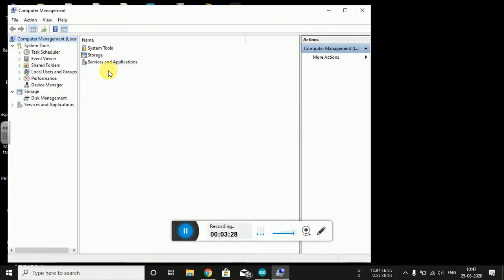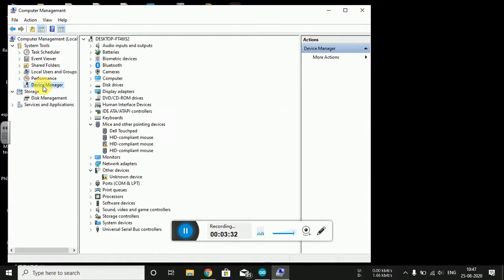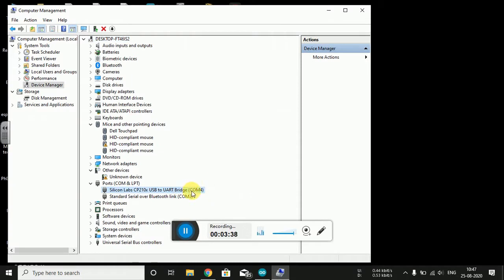If you click on the respective ports, you will get this particular COM port, which is a USB to UART bridge. Yes, because on this Node MCU we have the CP210X.